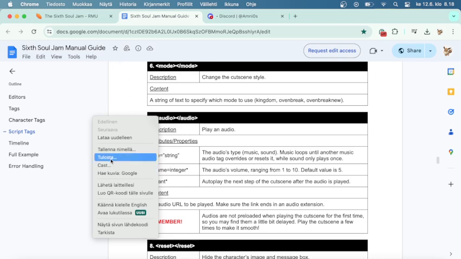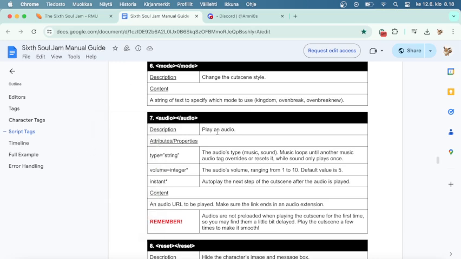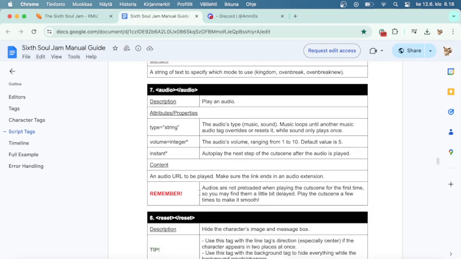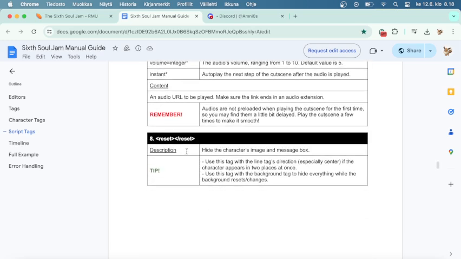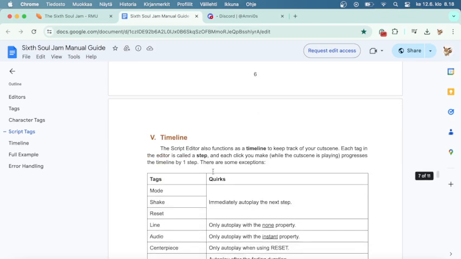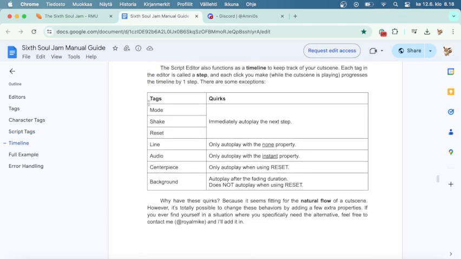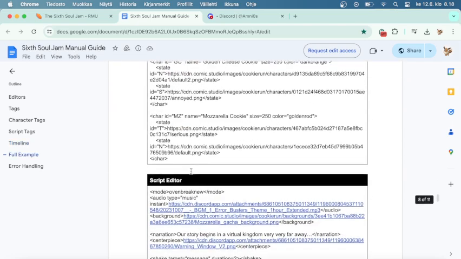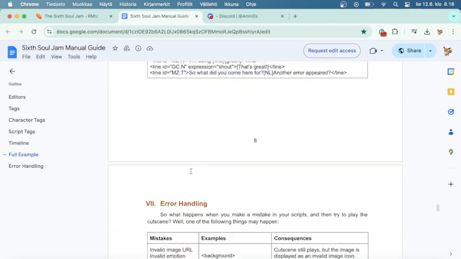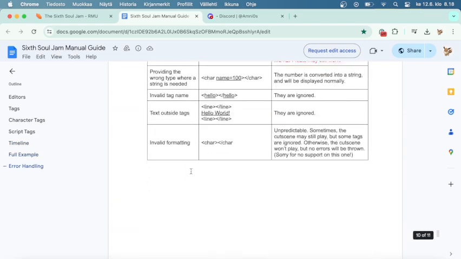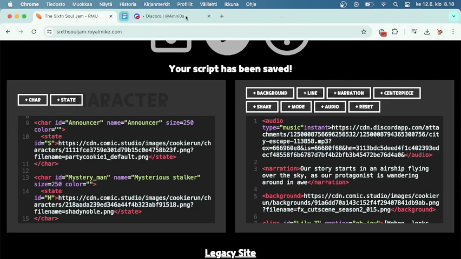Yeah. Also, my letters, this is in Finnish. Alright. Yeah, that is that. And reset. Yeah, this is here as some tags. Yeah, here is an example. Errors, and yeah, that's it.